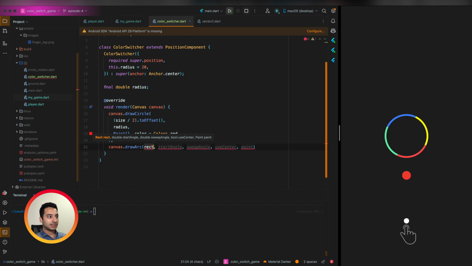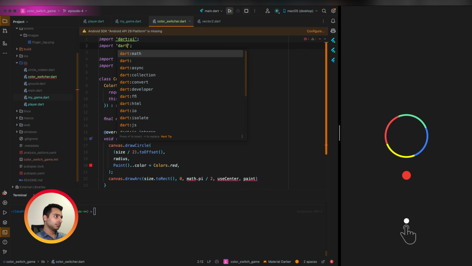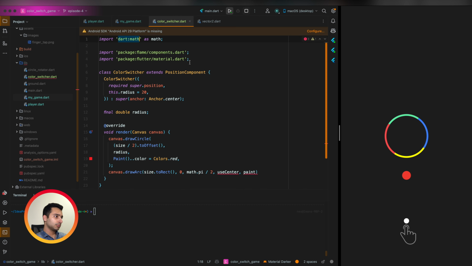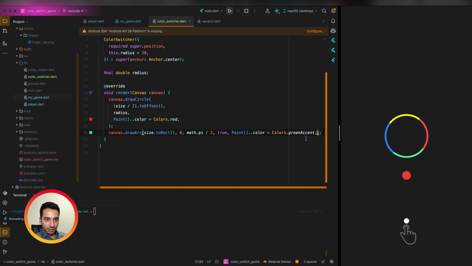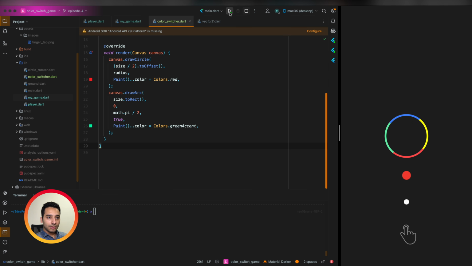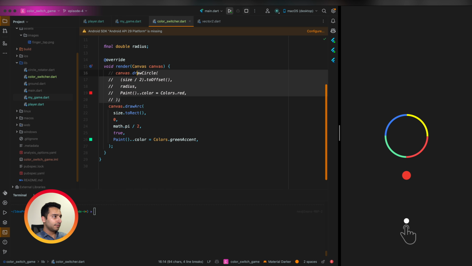The available colors that we have, for example, here we can say size to rect, 0 to let's import math, and we can say use center true and paint. Let's say green to see what happens. Nothing happened. If we comment this code,